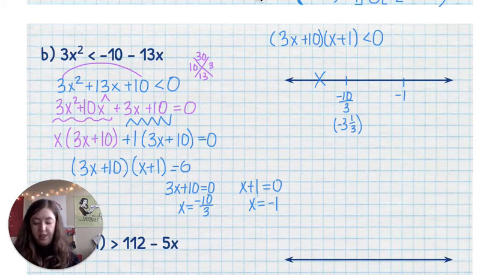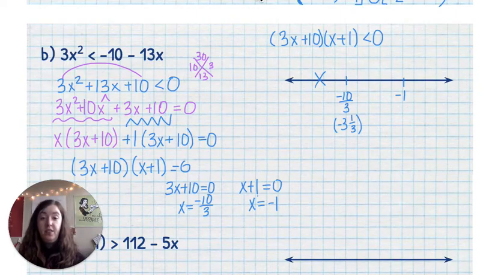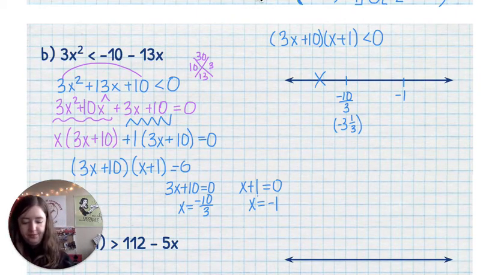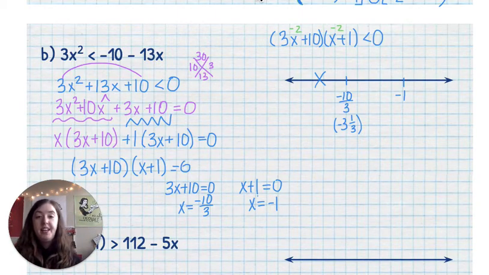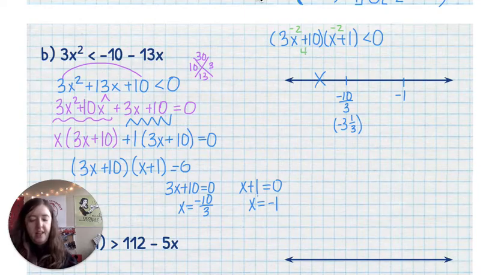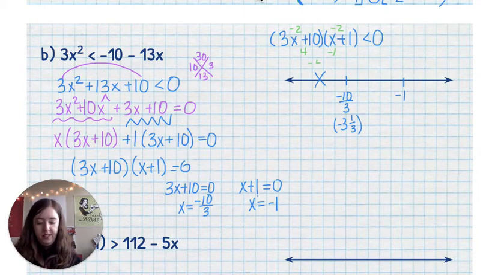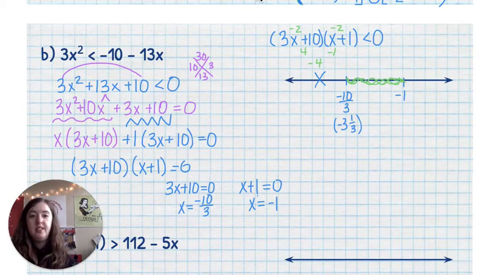Then we'll plug in something between negative 3 1/3 and negative 1, like maybe negative 2. Three times negative 2 is negative 6. Negative 6 plus 10 is positive 4. Negative 2 plus 1 is negative 1. 4 times negative 1 is negative 4. Is negative 4 less than 0? Absolutely it is. So that means that part in between negative 10/3 and negative 1 is going to be part